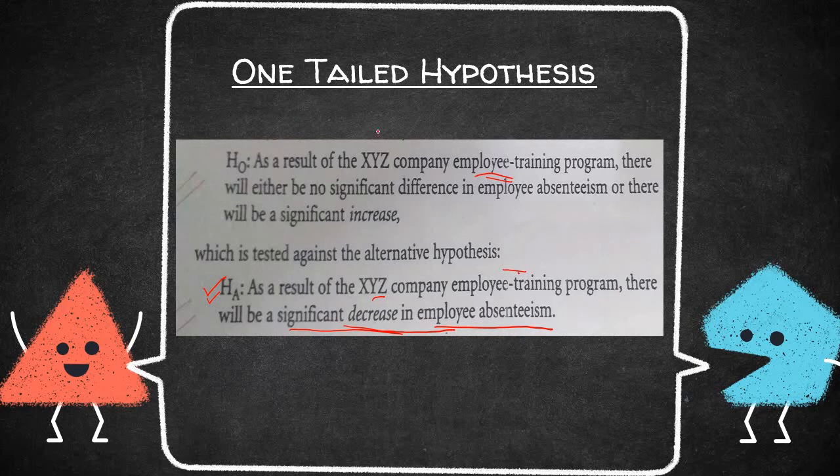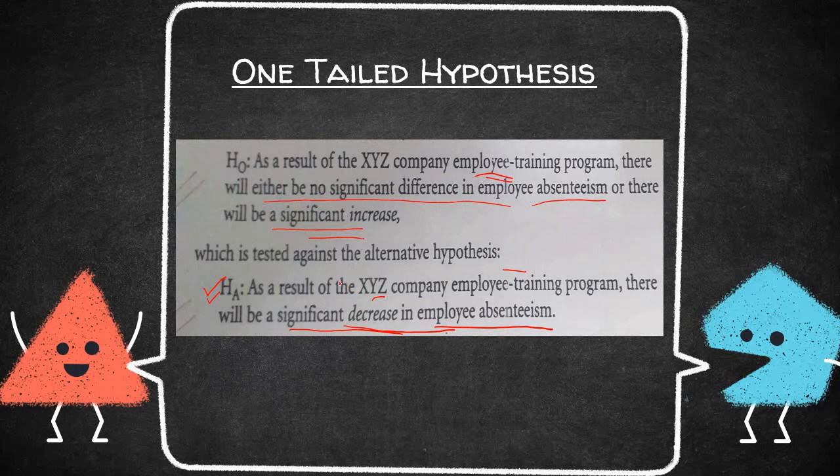What would be the null hypothesis then? It would be either there would be no significant difference in employee absenteeism. Let's say you have some particular absenteeism rate XYZ, it would remain the same, or there would be a significant increase. Only this is the possibility. So you talk holistically. This is where the researcher says that the training program has a significant effect in bringing down the employee